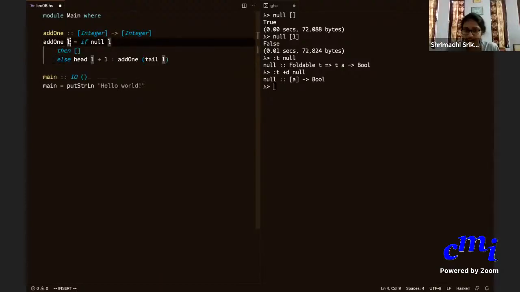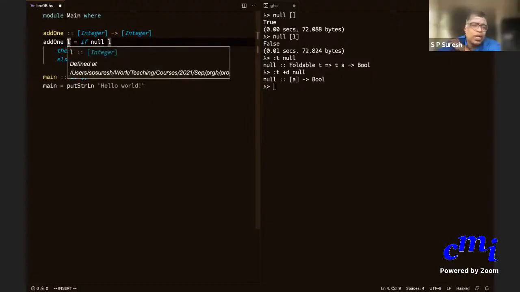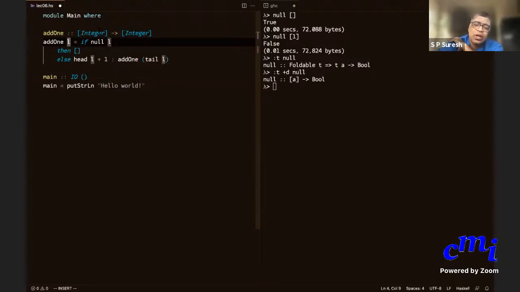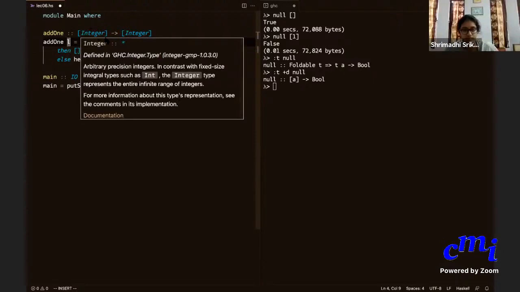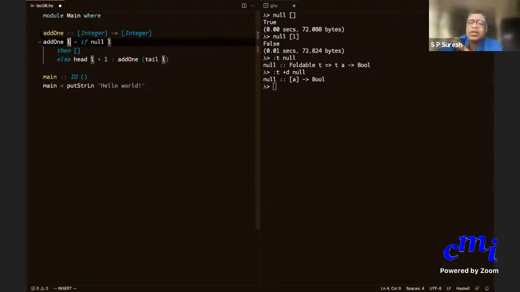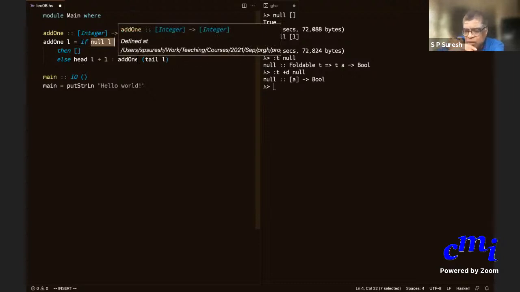I could have used anything here. I needn't have said L. I could have said XS or whatever. That is because I have given the type originally. But even if I didn't give the type, it will recognize it as a list because null is a function that applies only to lists. Head and tail are also functions that apply only to lists. Okay?